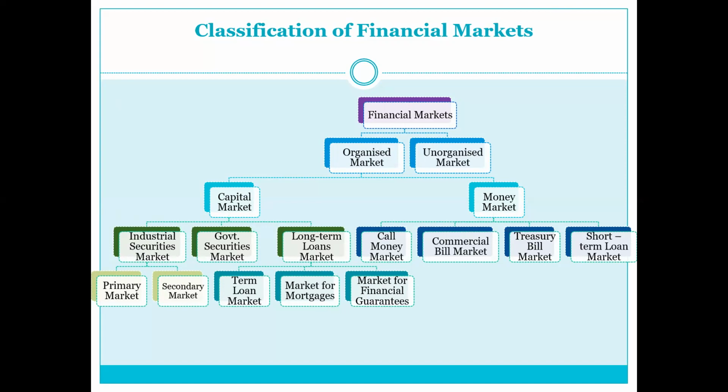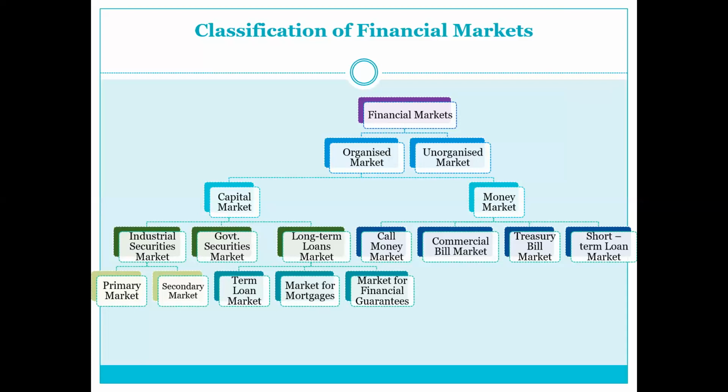The capital market is the market for long-term securities. The maturity period of the securities which are dealt with in the capital market extends for more than 1 year. Money market is the market for short-term securities, or it is a market where securities with less than 1 year's maturity are dealt with. Now, capital market is again classified into industrial securities market, government securities market, and long-term loans